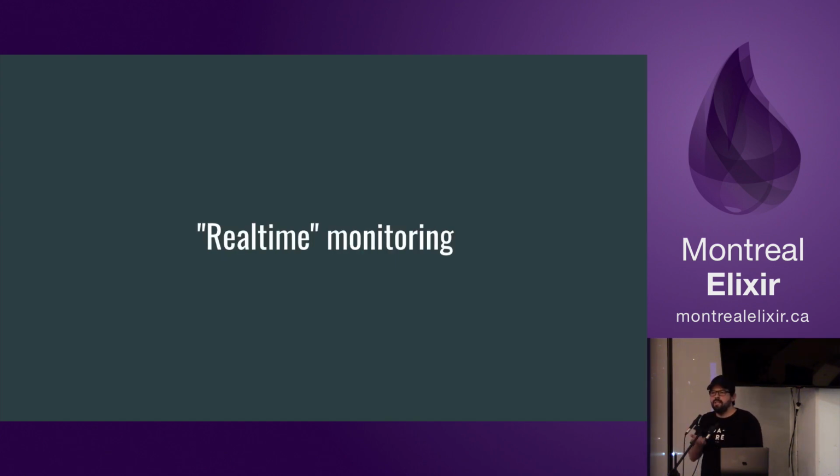And where you can use this, and actually I used this not with Elixir Flow, but before that we wrote it partly in Java, partly in Node.js. It was for real-time monitoring of your software, but not monitoring the level of the server. I don't want to know if the memory is high or the CPU is high. You have already tools for that. It's in the concept of the business logic, because our customer needed to know how many users are using the software right now, and it was on a website, so I cannot use, like, Google Analytics, another tool that's already there. We had to build our own.